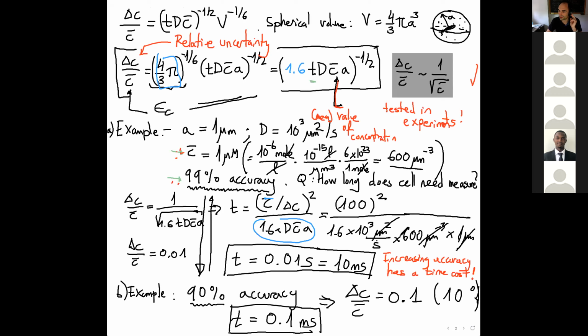It's like we are doing an experiment, and we took something like 5 minutes to do the experiment, and we get an accuracy. We repeat the experiment and increase the time to 10 minutes, but we still get the same accuracy. No. In reality, here the accuracy is changing, because if you observe the system for a longer time,